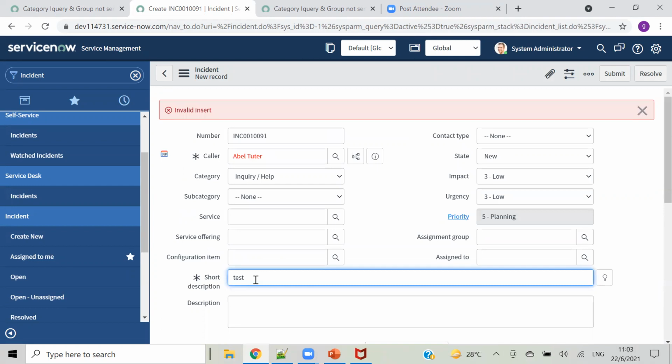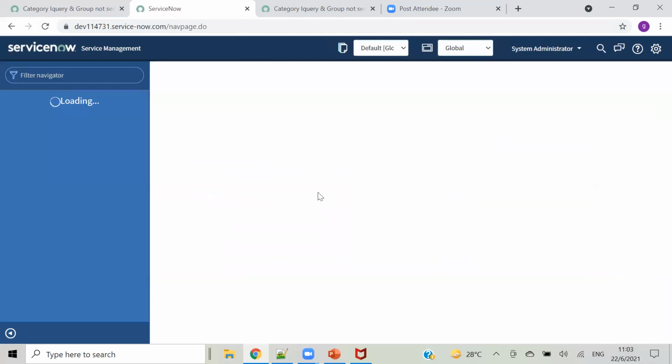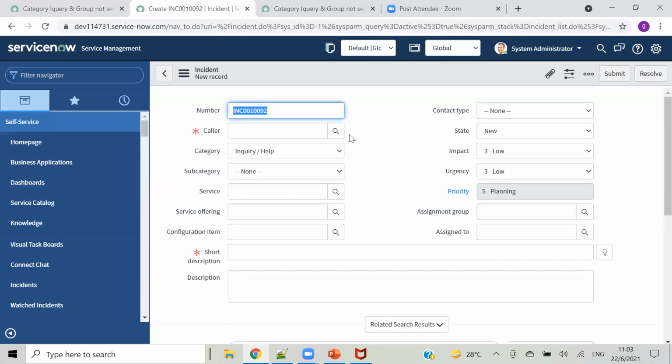I too had this question when I was learning ServiceNow. So this is the problem with abort action. It will abort the action, but it will not refresh the form, and it will not perform any action like inserting or updating. It will abort that action, but it will not refresh your form. So you have to reload your form, and you can see that it didn't save your record. So that is the issue with abort action, and just remember that.